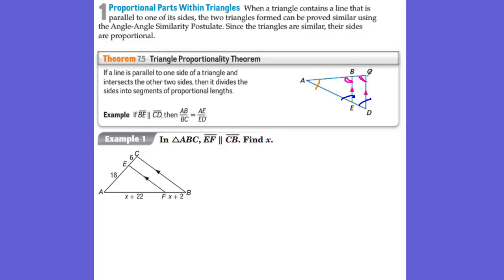So if BE and CD are parallel, we can just say AB over BC should be equal to AE over ED. Top over bottom equals top over bottom. So AB over BC is equal to AE over ED. So in our example, if EF is parallel to CB, then we can set the proportion 18 over 6, top over bottom, is equal to the top over the bottom, x plus 22